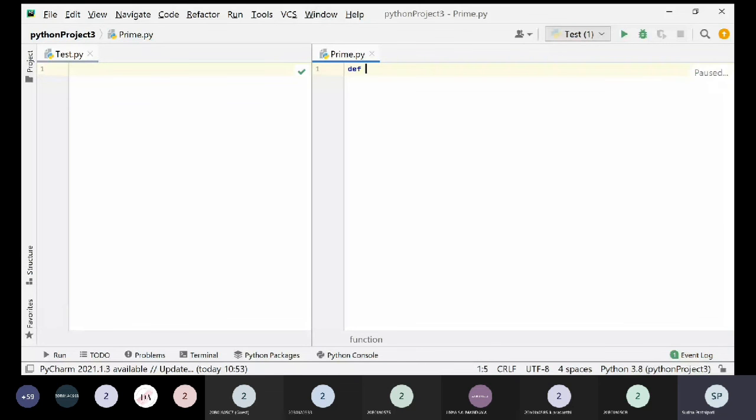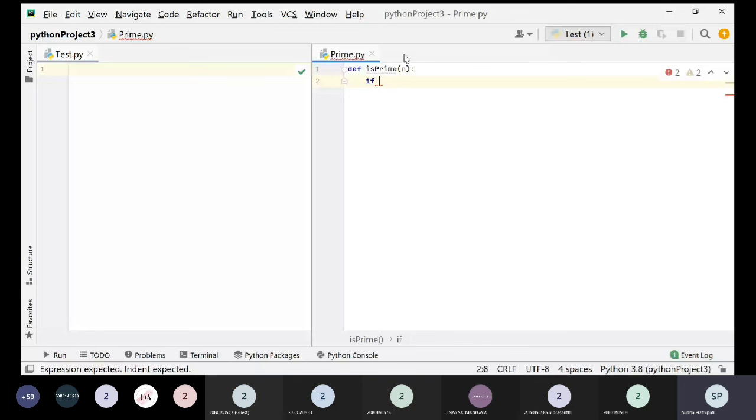The name of the function is prime, and it will take an element n, and we need to find out whether this n is prime or not. That's the only challenge inside this particular module. You just need to write a prime function that takes an element n, and you need to check whether this n is prime or not.